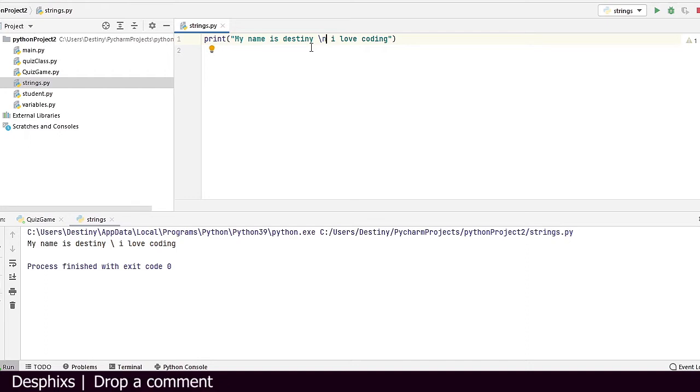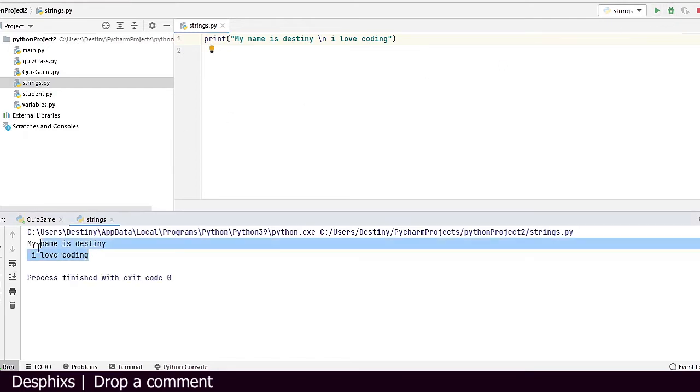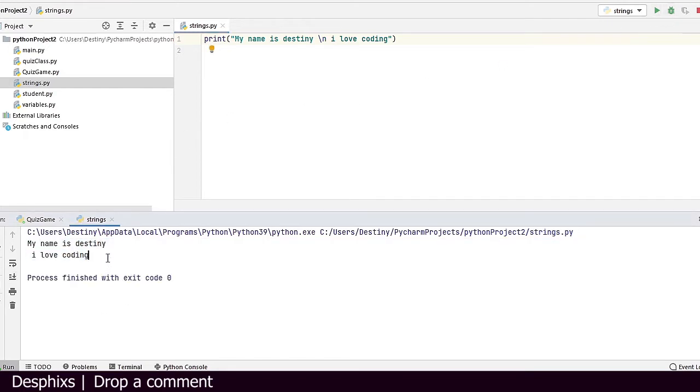I'm not really sure about that, but I'm going to look that up and remind you of it in this video. But I think they are called escape characters in Python. So that's the first thing we did: we printed basically Destiny. The second one, we learned how to put a new line in between a string. Now the next thing I want to show you is a simple thing which is called